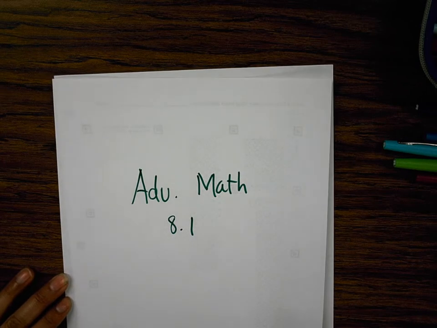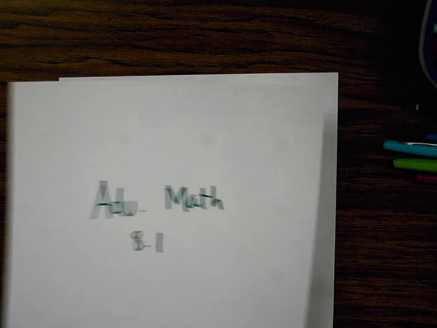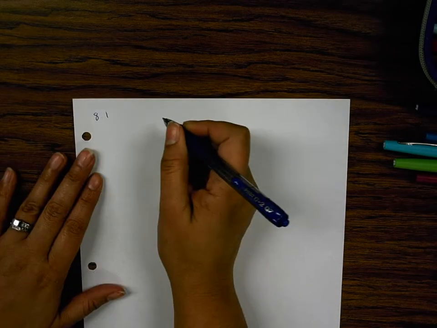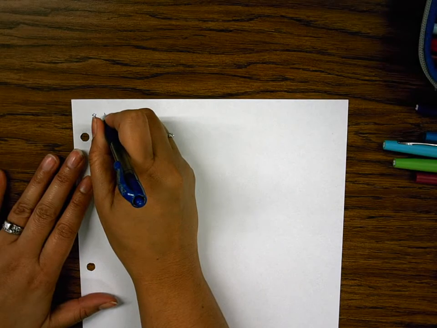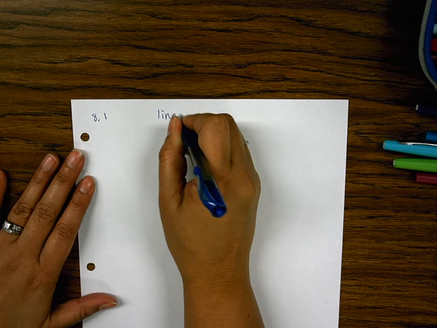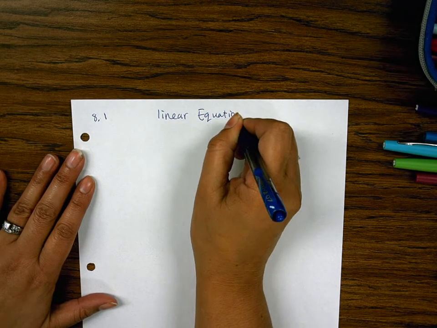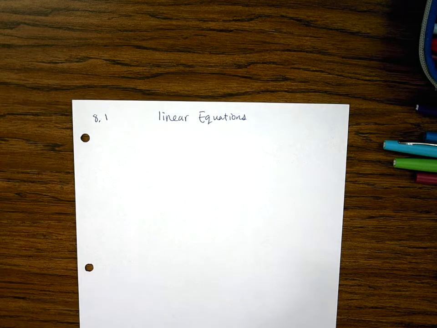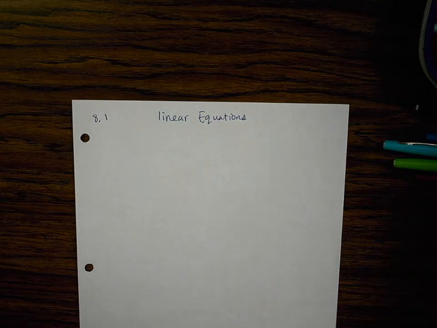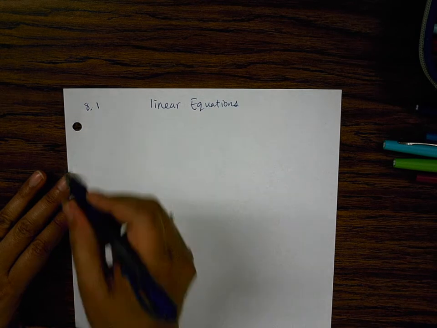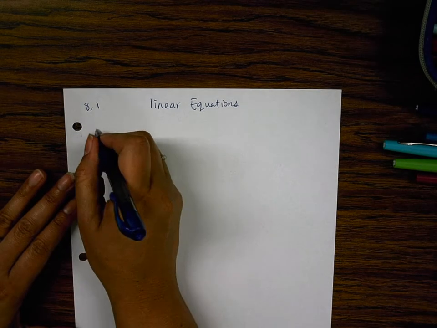This is Advanced Math, Unit 8, Lesson 1. Linear equations is the title for today's lesson, which is nice because it is all review. Review from Math 1, review from Math 3, review from stuff you learned even back in middle school. Linear equations. All right, part 1,